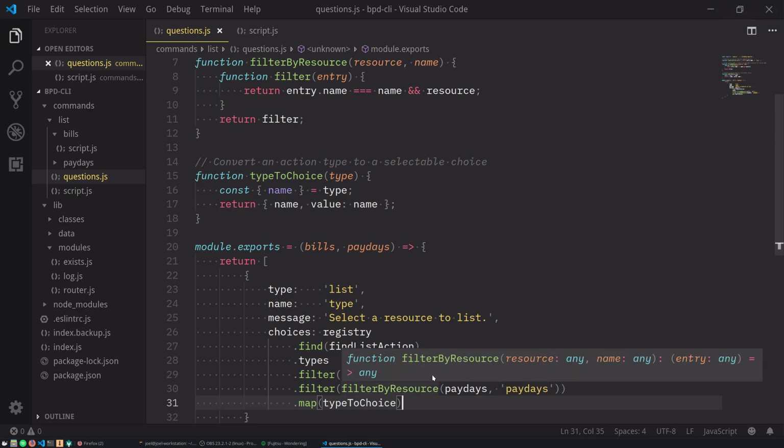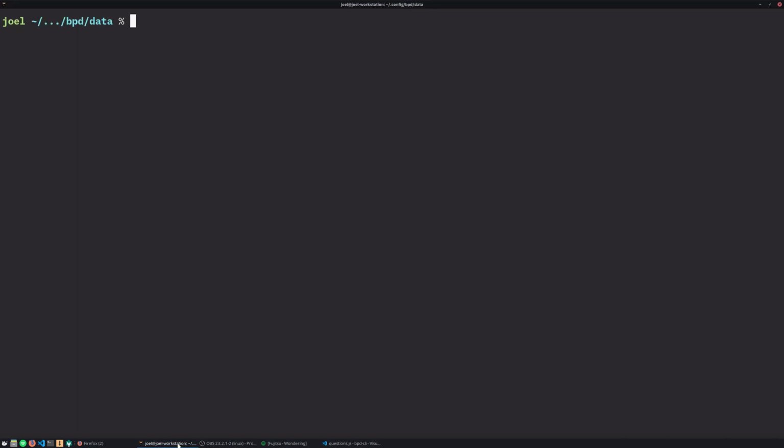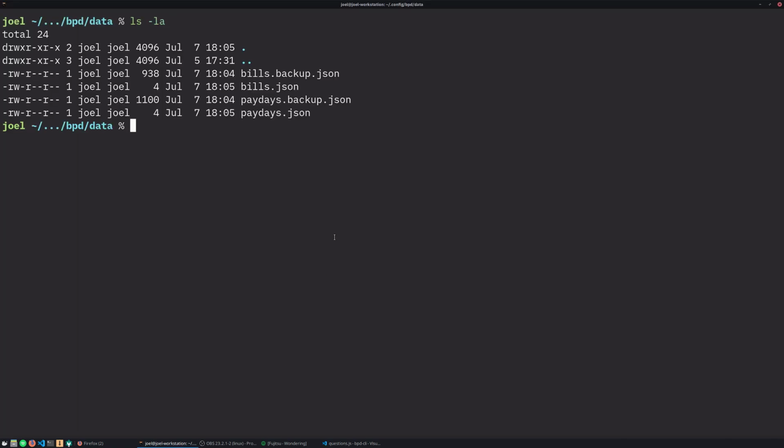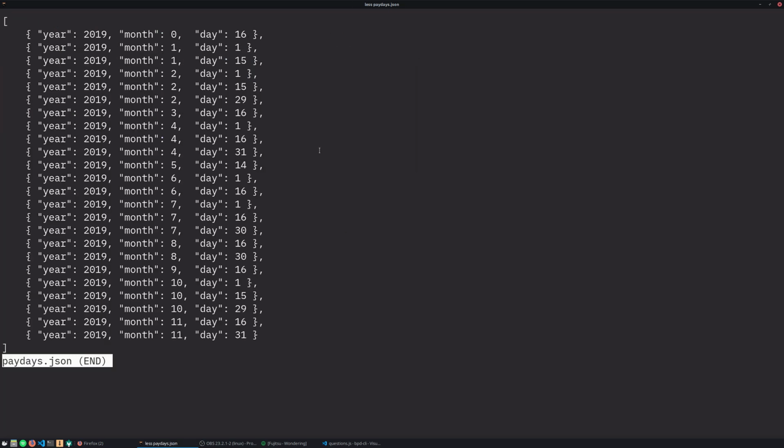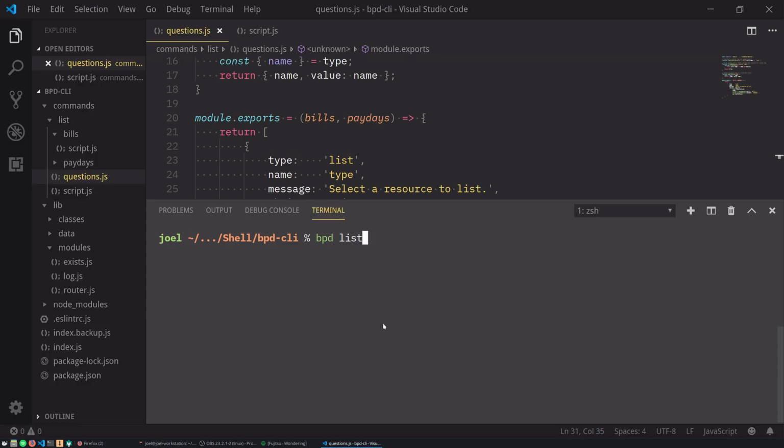Okay, so now this should still not work because we don't have anything. Now it should work if we remove paydays and move paydays.backup.json to paydays.json. Okay, so now we should just have paydays.json. Yep. And if we look at it just to make sure, we're good. All right, so now if we run it,